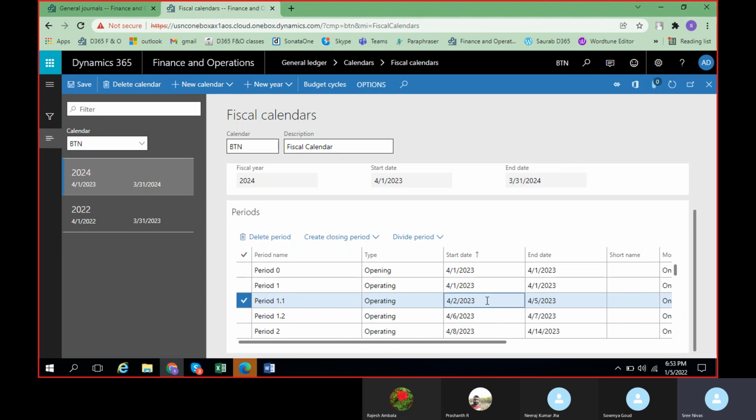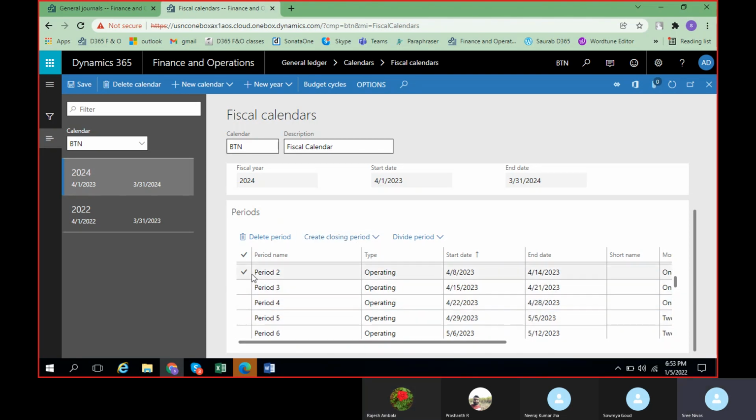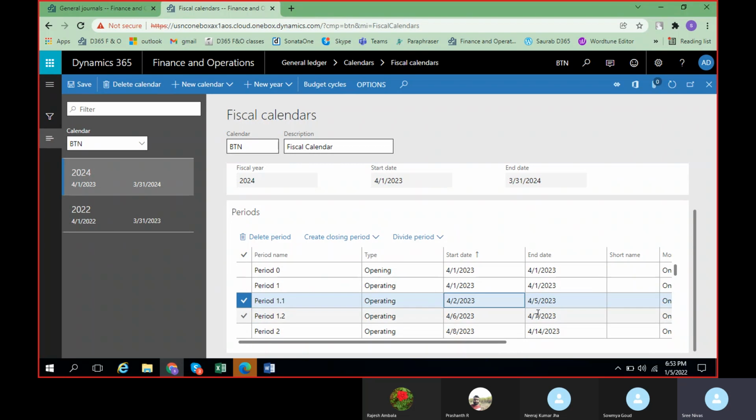And if he wants to record transactions only for those 2 days, 3 days, or 5 days, whatever it may be, or for that particular month, you can break down that period. And here we can create one more closing period in case you need that also. I'll show you. Let us select period. Okay, so this concept you understood, right? How to divide the period.